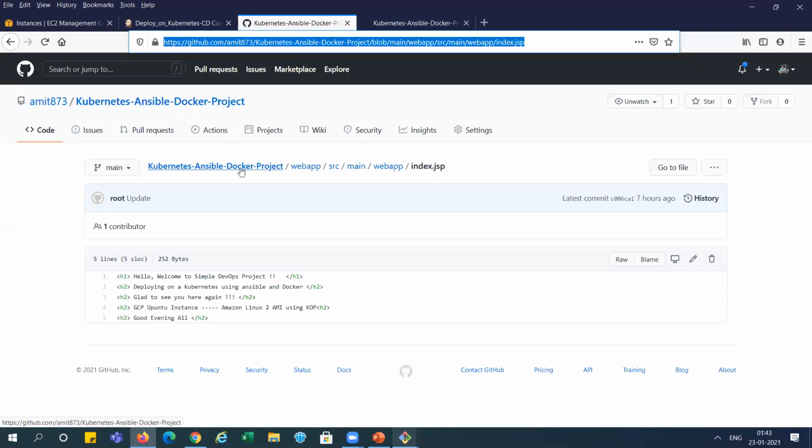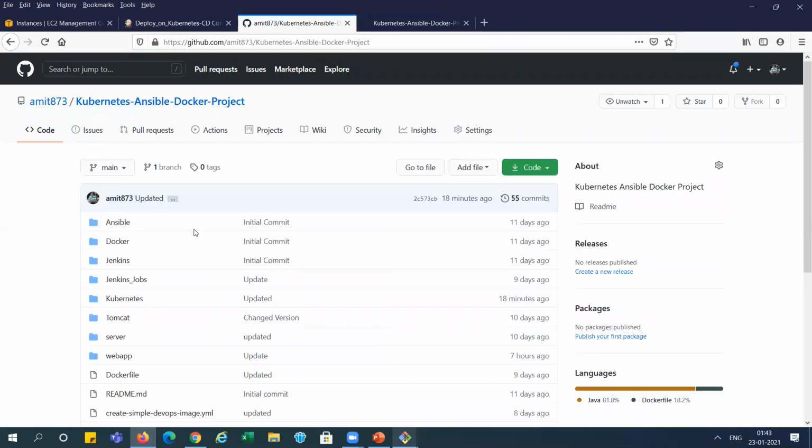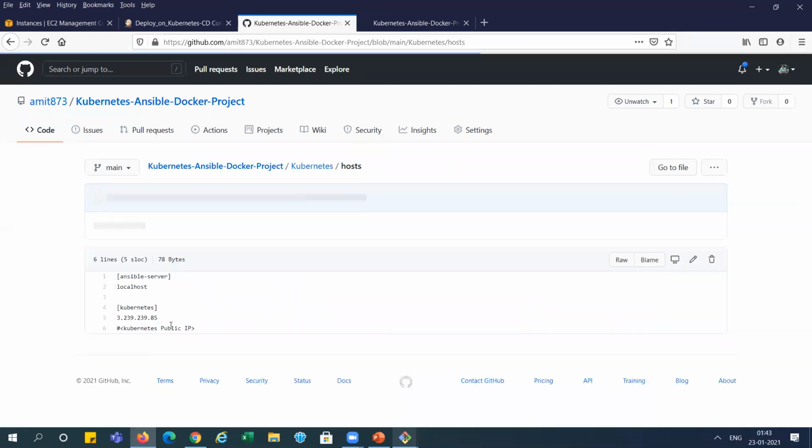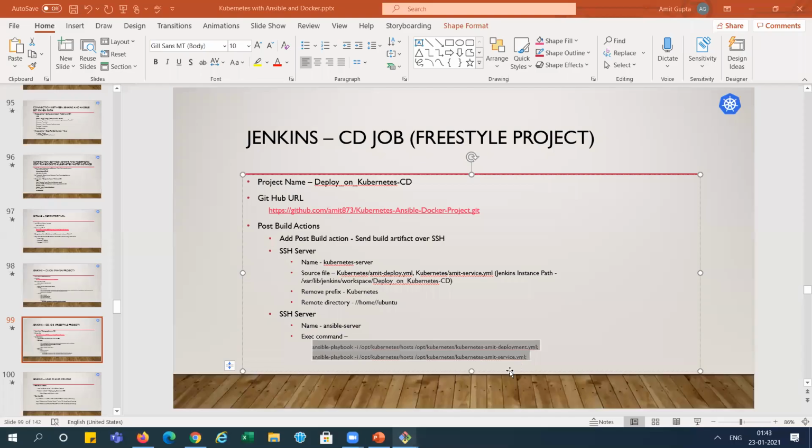You can see here, in the host file, we already configured two groups, Ansible server and Kubernetes. So based on this, it will deploy these playbooks, right?